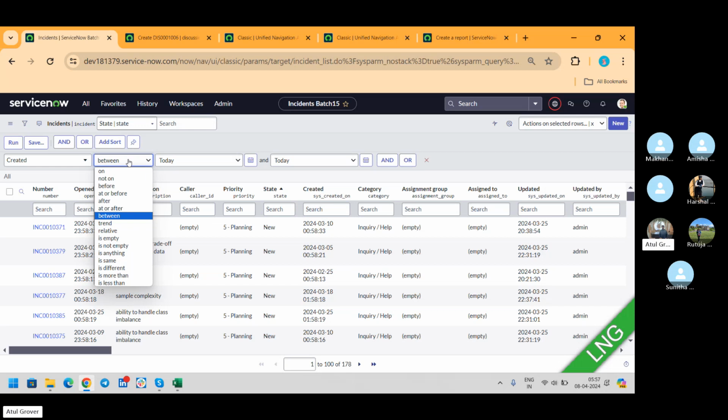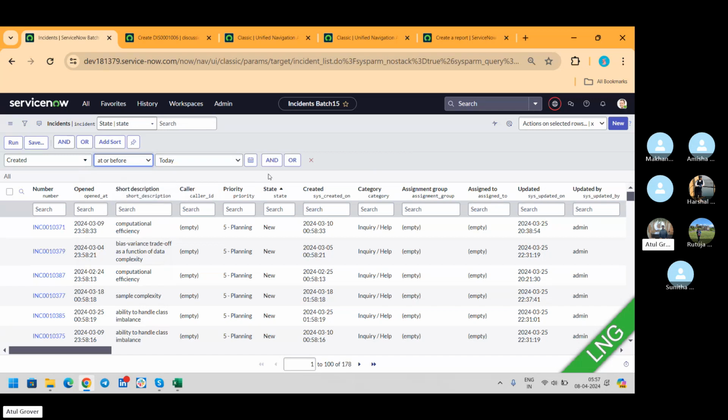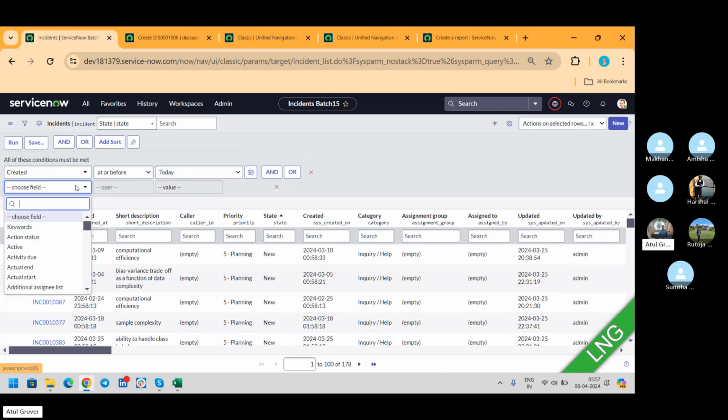चलो मैंने किया at or before today, ठीक है. And or condition you can put it. And करोगे दोनों मैच करेगा, और करोगे तो एक करेगा. And